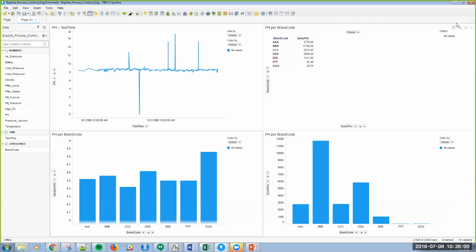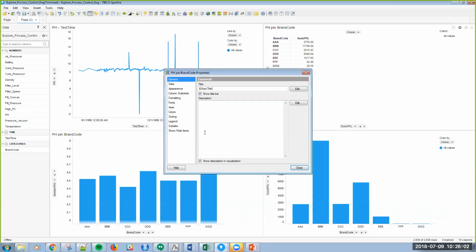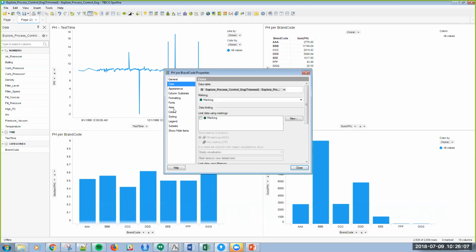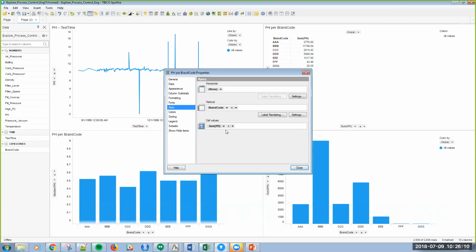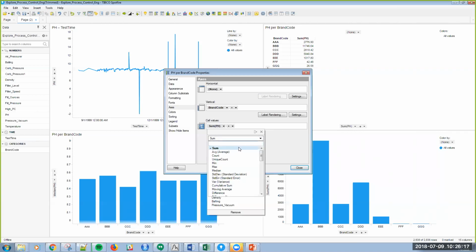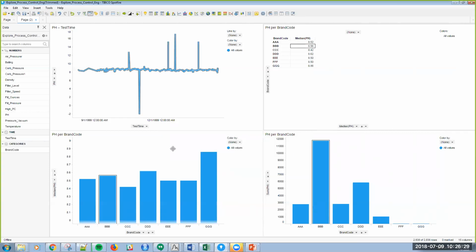I can also look at that in numerical values as well. So here I have, by default, again, it's going to the sum. And let me just get rid of that and go to the individual values. I'm sorry, the median values here. So now, basically, this is the same information that I have here, but I can see the actual pH values